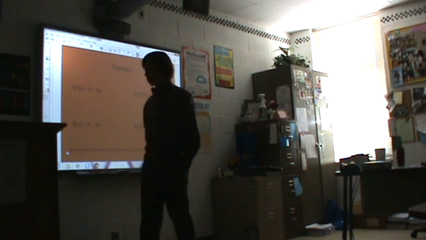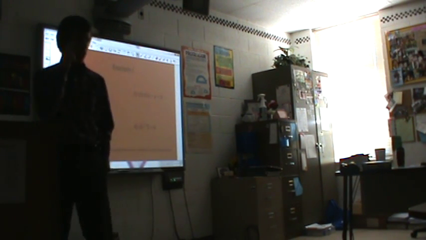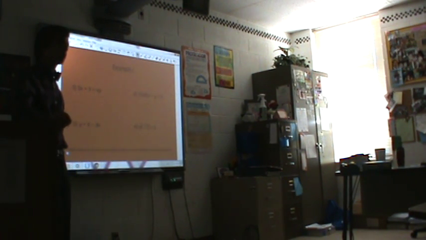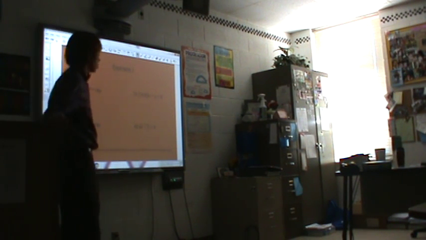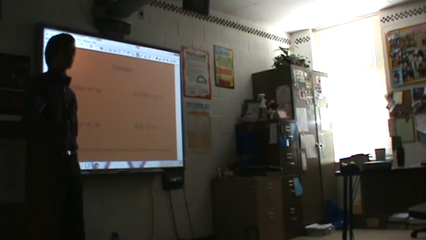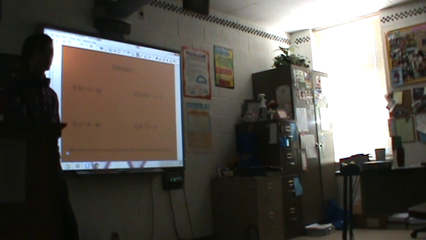Let's start with this first problem then. Has anyone got an answer for this? I believe it's linear. You believe it's linear? Can you tell me why you think that? Because it does not break the rules of, wait, does it? The x and y is multiplying by each other, but that means,